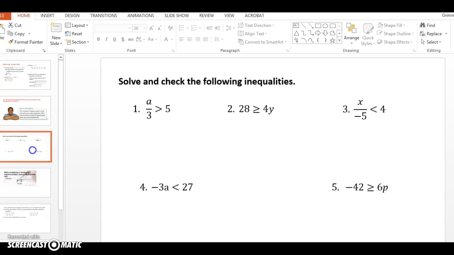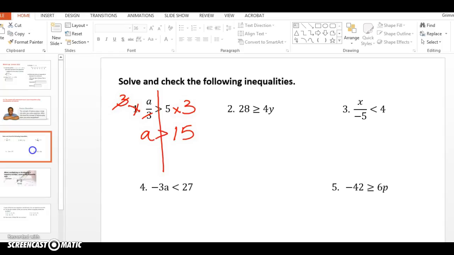Notice that for each one we're going to also check them as we do them. So the first one, we should all know at this point, to get rid of the 3, we do what? Multiply both sides by 3, because that's divided by 3. The opposite is to multiply by 3. So I'm going to multiply this side by 3, multiply this side by 3. That allows the 3's to cancel. And I think the answer is a is greater than 15. So what this is saying is anything greater than 15. Can't use exactly 15, but a number bigger than 15 would be